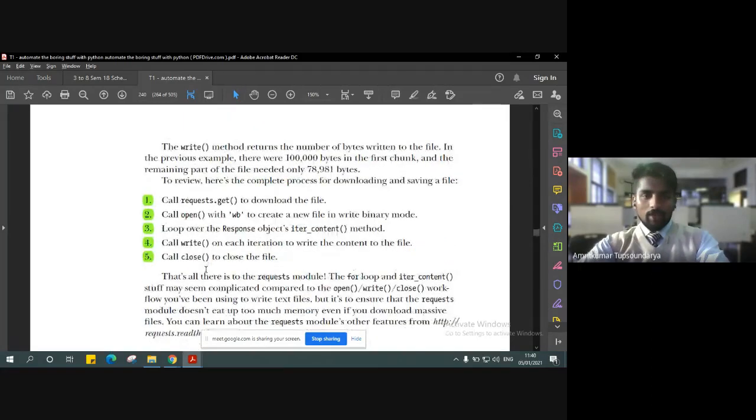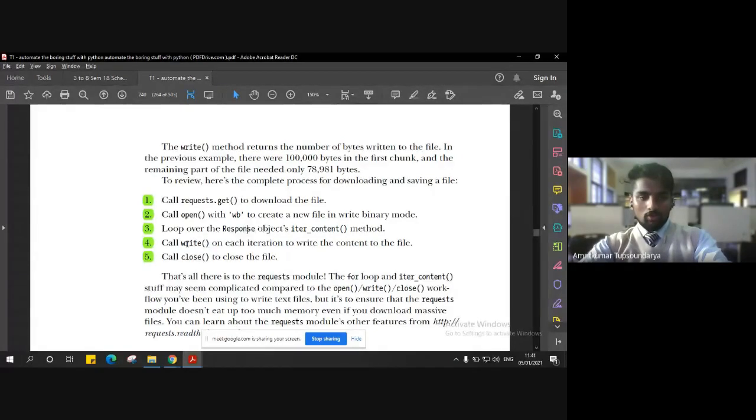If I have to put it into some lines, first we call the requests.get function and download the file. We call the open function to create a new file in write binary mode. We set up a loop over the response object's iter_content method, which I just mentioned.